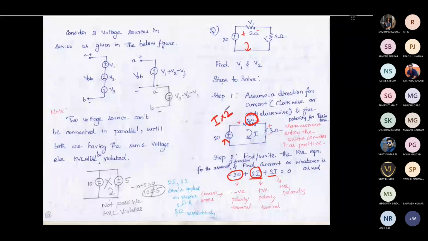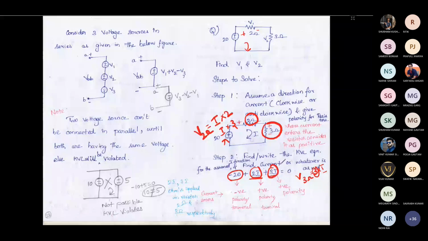So this will be the voltage across this 2 ohm resistor. So I have written 2i. The voltage across this 3 ohm resistor is V3 ohm equal to 3 into that current, that is the resistance value into the current. Same thing, I into 3. So that's why I have written 3 into I. So the sum of the voltages is equal to 0.